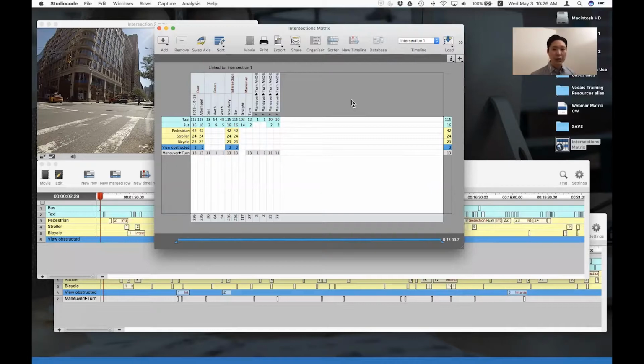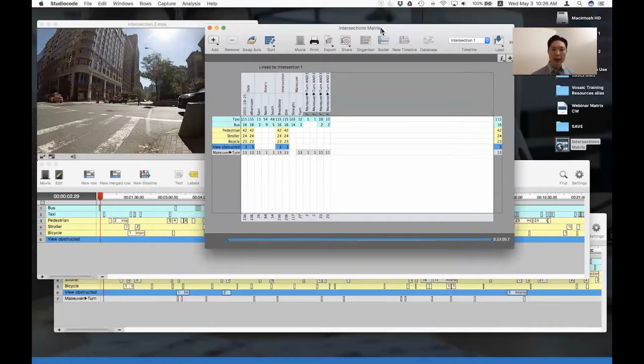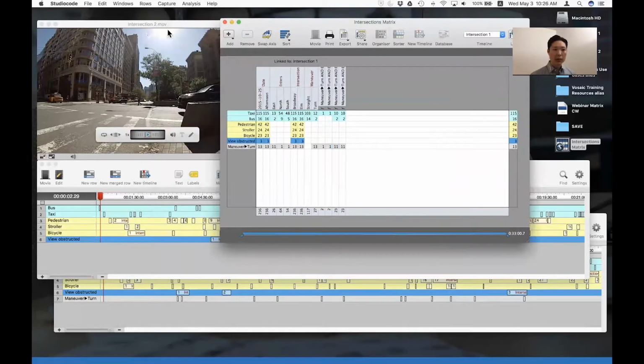So the moral of this story is that once you start customizing the matrix like this in terms of the labels, it makes sense to save it as a template that you could use with any timeline. That way you wouldn't have to create these customized columns for every individual timeline. That's the point of saving it as a template. Where that might be the most useful is